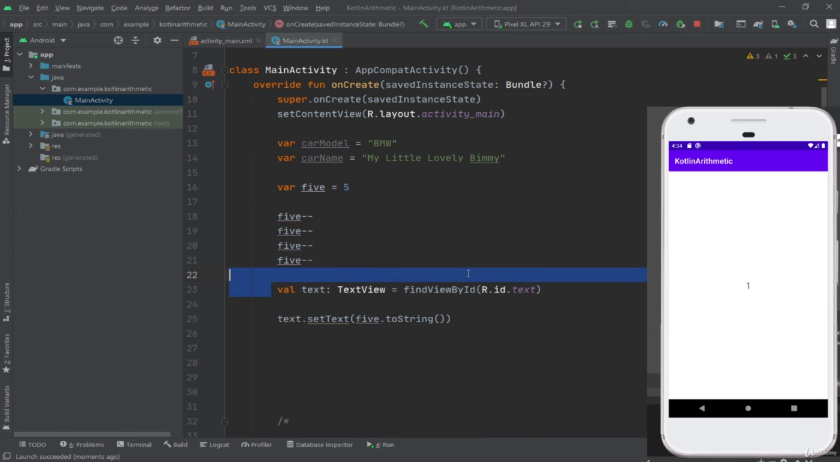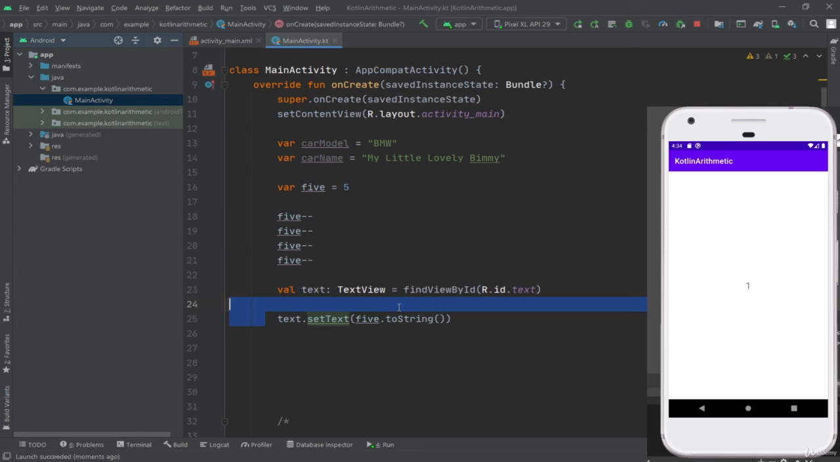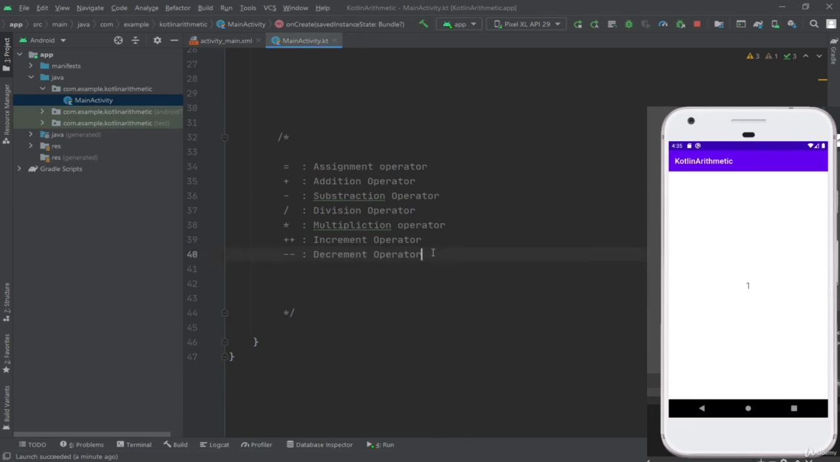And after that, we're finding our text view here, as you can see. And then we are setting the text with set text, and we want to use 5, and because 5 is an integer, it will give us an error. So we are converting this to string with the toString method. So we have done this with every operator for examples. So later on in this lecture,